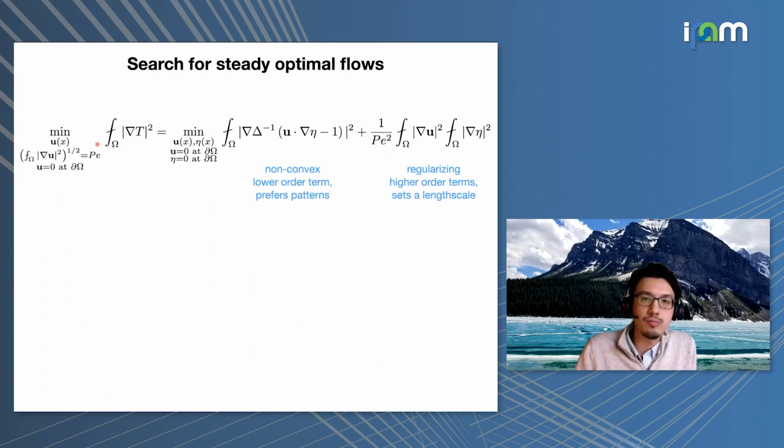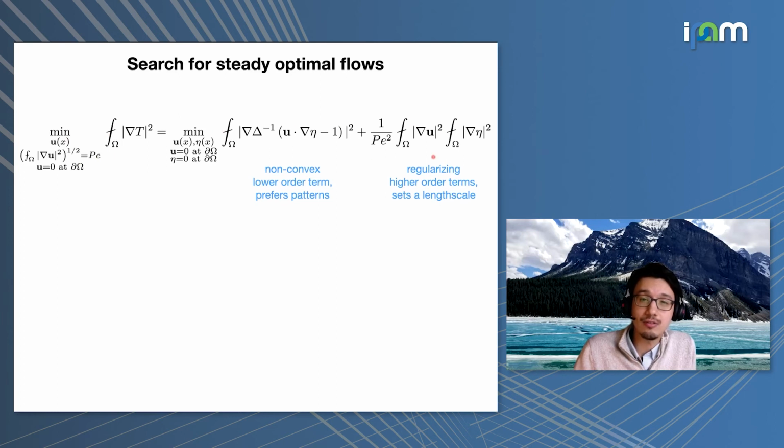It looks like this. So you can boil it all down to a problem that looks like this. What I've done is I've taken my optimal design problem, minimized my measure of efficiency of transport, subject to a constraint. Here I'm relaxing that constraint by introducing something which is equal to 1, essentially. So I took this constraint and rewrote it here as the number 1 in disguise. And then you can check just by algebra, and by applying that bound on transport, which is sharp in the case of steady flows, that the original problem, which was to cool as quickly as possible, is the same thing as